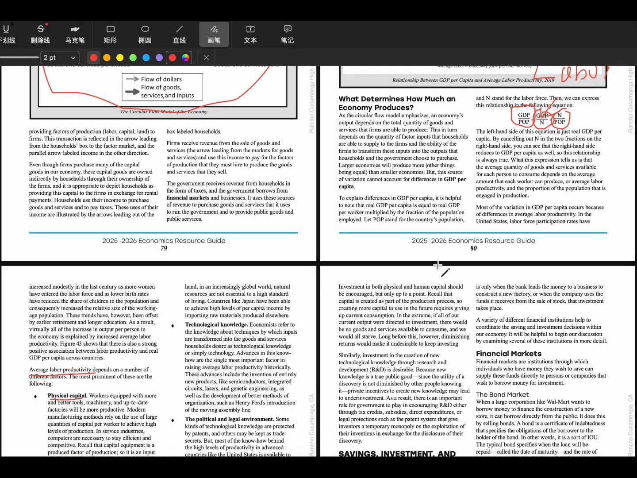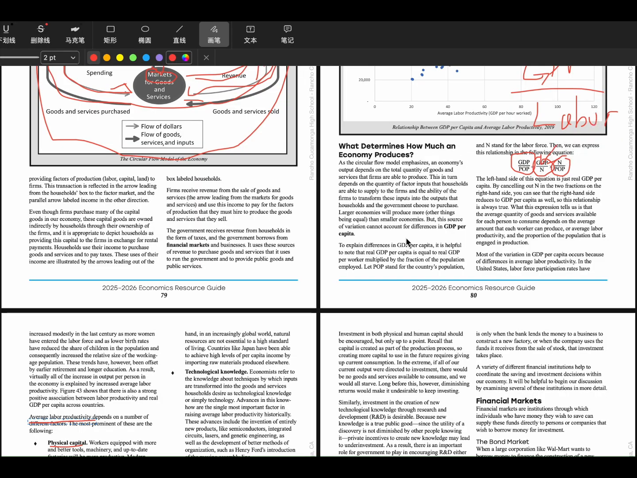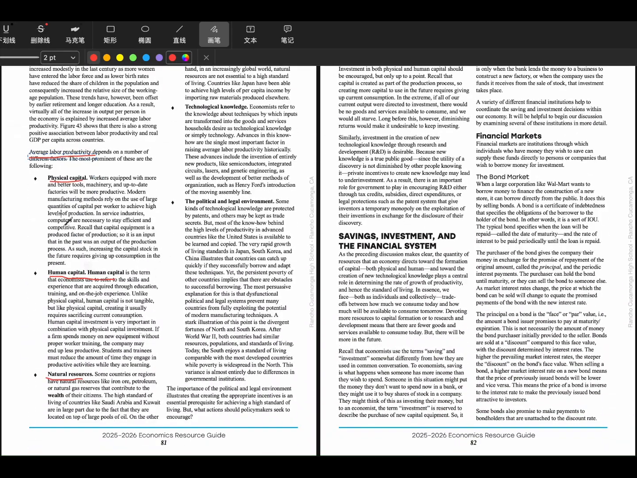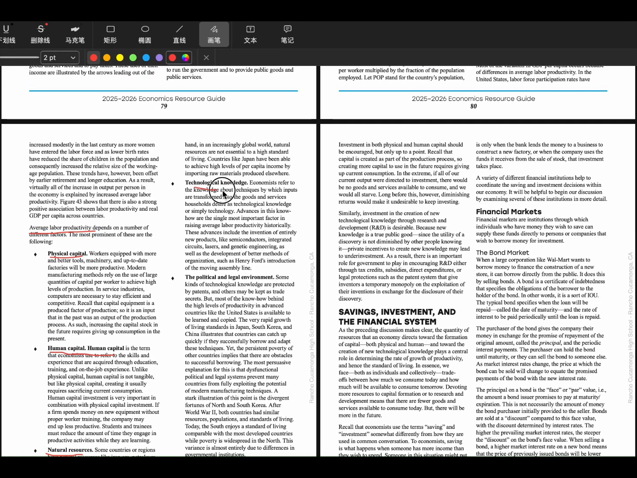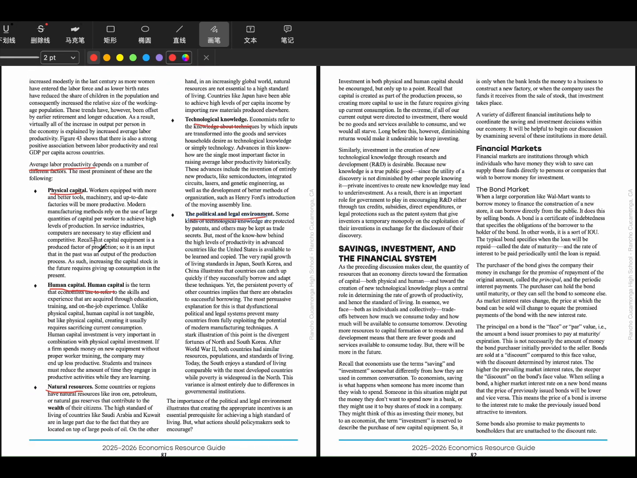Average labor productivity. So how do we know that average labor productivity is going to be increasing or decreasing? Well, there are a few things: physical capital, human capital, natural resources, technological knowledge, and political and legal environment. Let's give some examples of physical capital. Physical capital is pretty similar to technological knowledge. You use technology to get more advanced equipment, and if you have more advanced equipment, you have a higher average labor productivity,